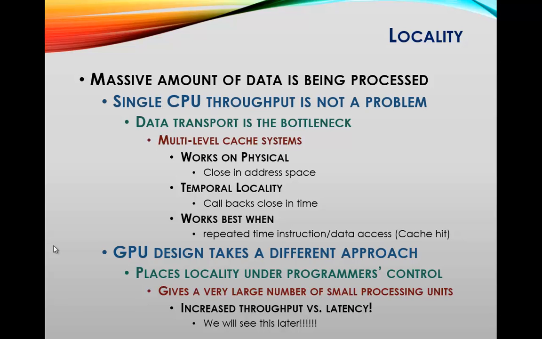When you're looking at your GPU, especially in the CUDA model, there are still the concepts of cache, and we'll see that there are still different levels of cache. There are resident caches and off-chip caches in your GPU design and architecture, but it gives you a little bit more control in terms of placing the locality of your programming or of your data under the programmer's control. And this is what I'm essentially pointing to and wanting you to keep an eye on,